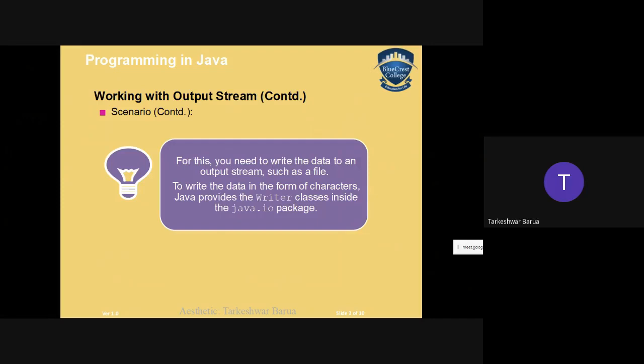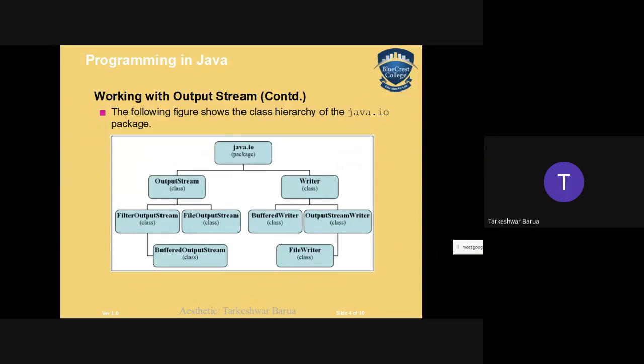To write the data in the form of characters, Java provides the Writer class, which again belongs to package java.io. So we have a similar graph now. Earlier we were doing output stream, input stream.